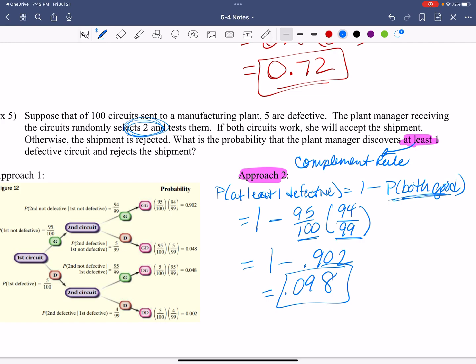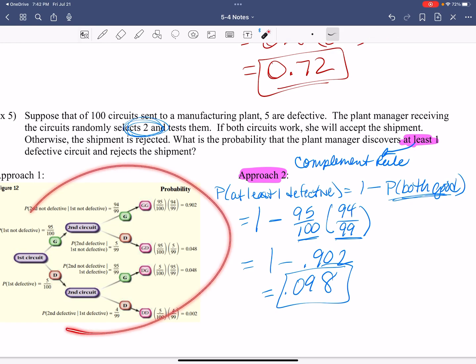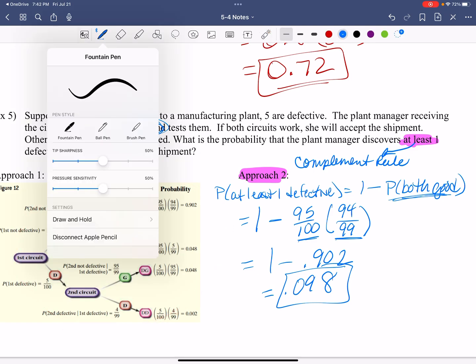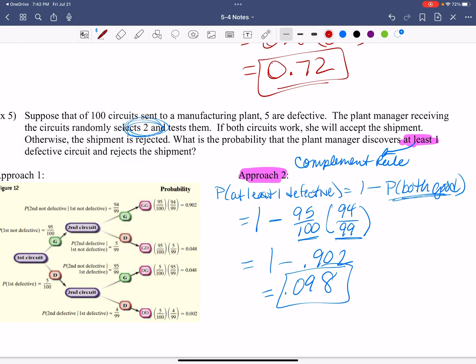So let's see what's happening. Over here on this data that we have, let me change my color, which is what I'm trying to do, and I'm struggling with using my technology. The probability that at least one is defective. So then I look back through here and I say, where are at least one